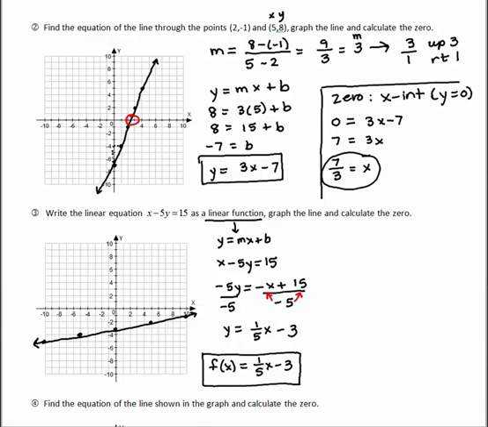There it is. And in this particular case, the 0 must be bigger than 10 because I can't see it yet on the graph, but we can still calculate it. The x-intercept, or 0,